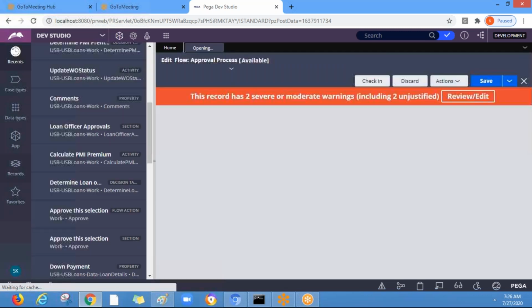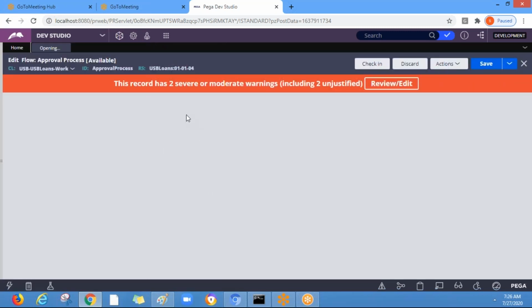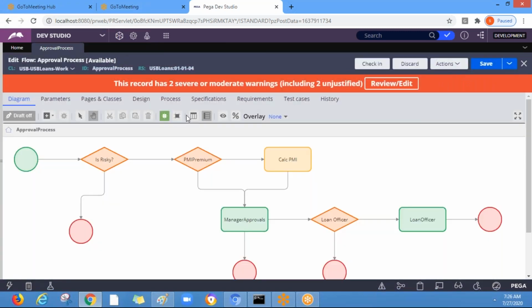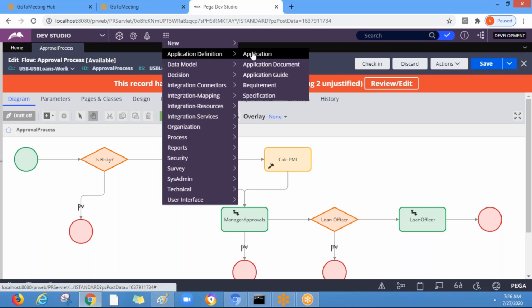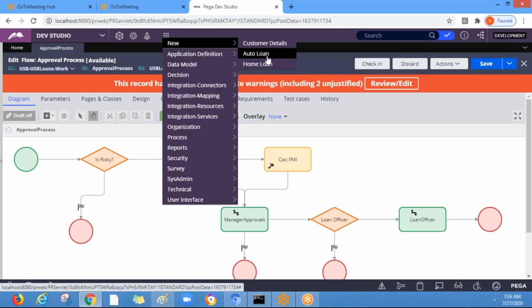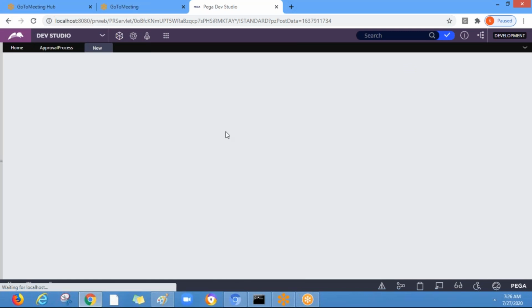Since it's the current operator, we are able to perform the screens. For all the assignments, you will see the default option. That is the reason that when we launch the loan type, we are able to submit from the starting assignment to the ending assignment.